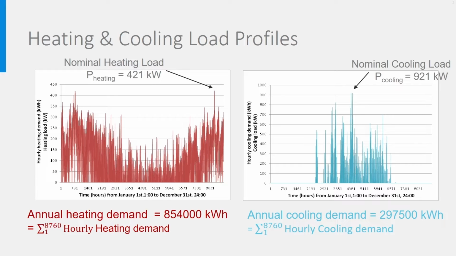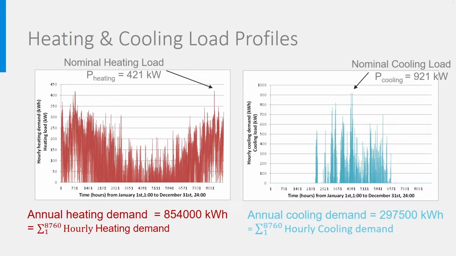You may remember a lecture in week 1 of the course Energy Demand in Buildings, where we showed that by making hourly calculations over a full year, it is quite easy to determine the heating and cooling load profiles of a building. We also saw that the nominal load was the maximum one and the annual energy used is the sum of all 8,760 hourly loads, which is the same as the area under the curve.